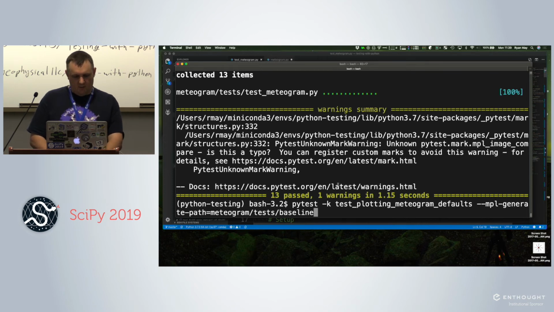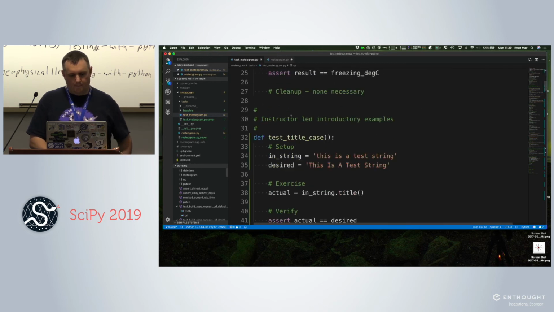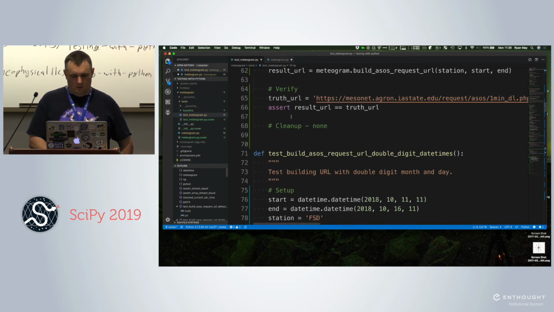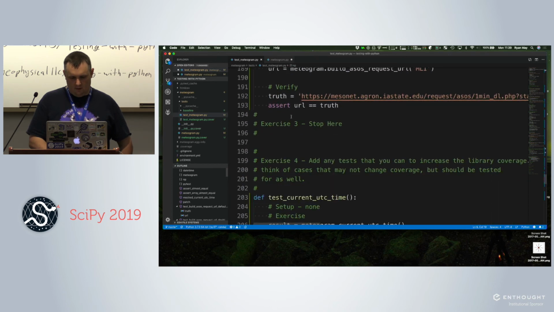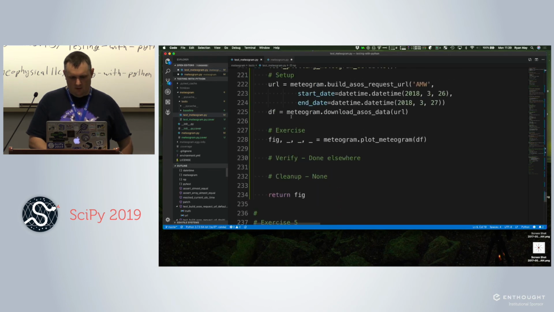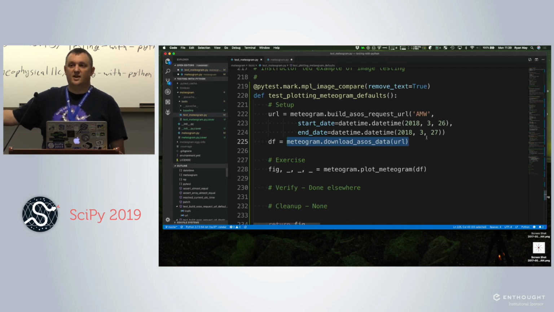If we come over here to our test file in test mediogram, I go down to that image plot, for instance, right here. That's calling download ASOS data. That's going out to a web server every time we run our test suite, downloading some data and parsing it.